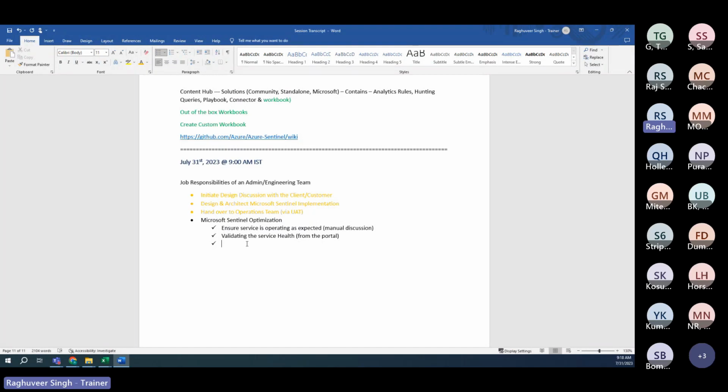So it's more of a consulting work that you do as part of optimization. Which is where you also need to look at the cost optimization. So for cost optimization, you need to validate per day log ingestion volume. And when you look at per day log ingestion volume, you will need to identify any anomalies, because when